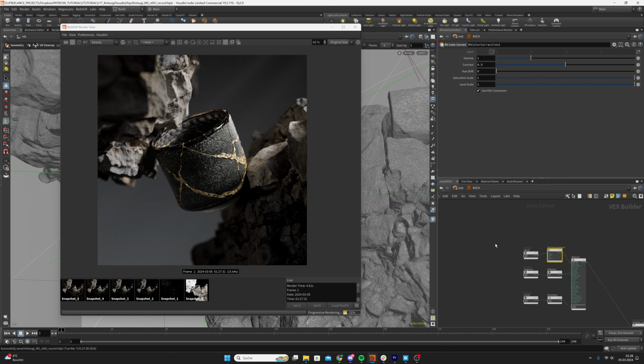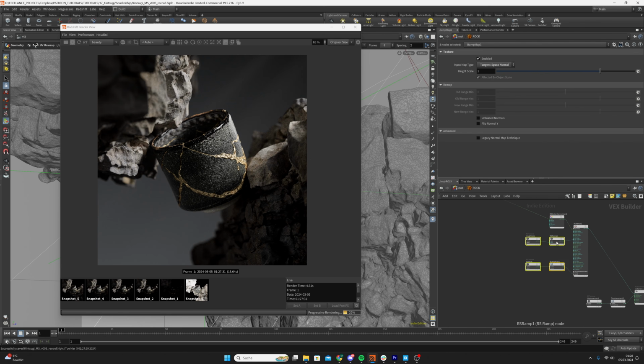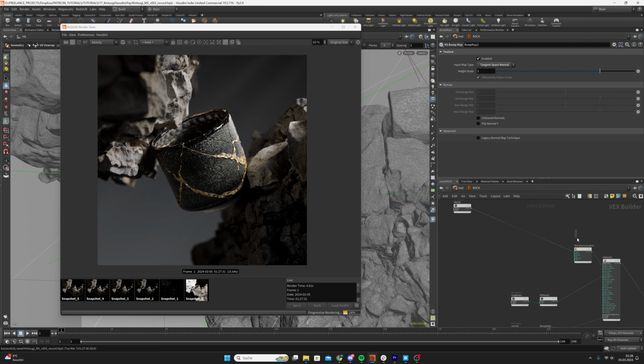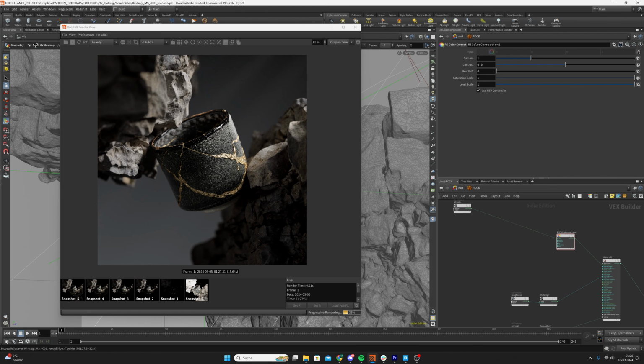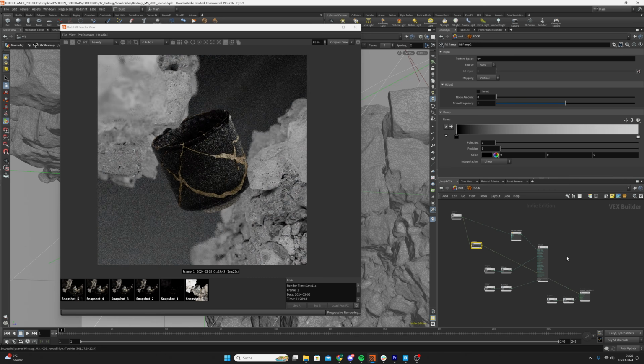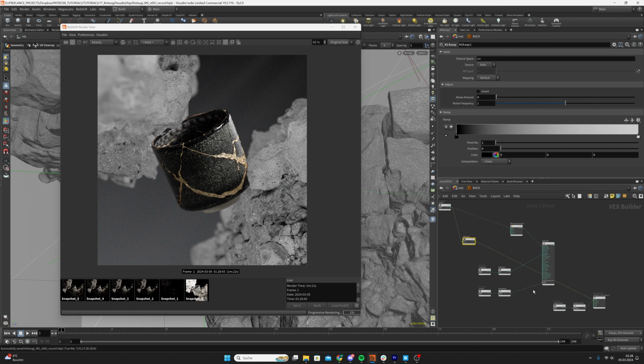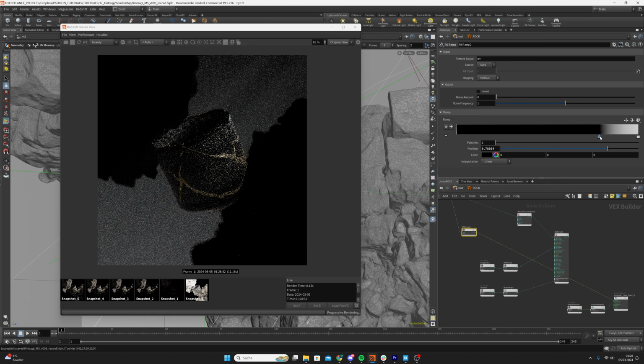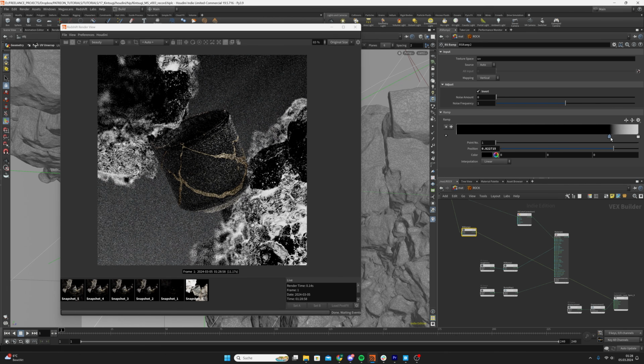So let's at first work on the albedo. I want to use a few techniques I do quite often, and I'm sure you will understand what I mean. So let's get a ramp here, and to see what's happening, pipe that ramp into the output, and let's push that quite high, but invert it. So you see, we only mask a few areas out,